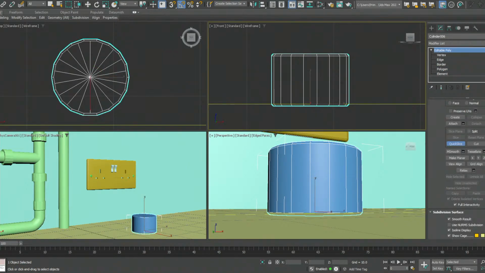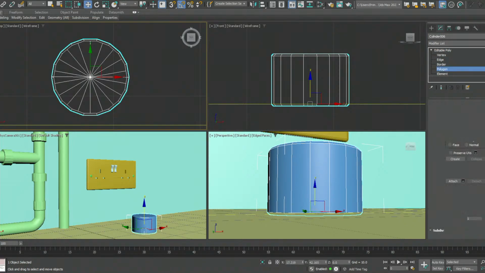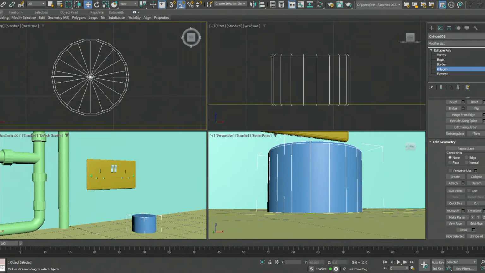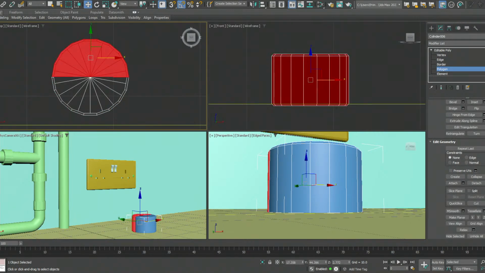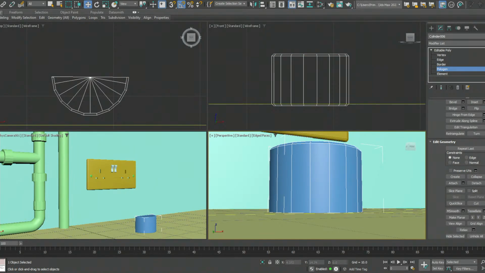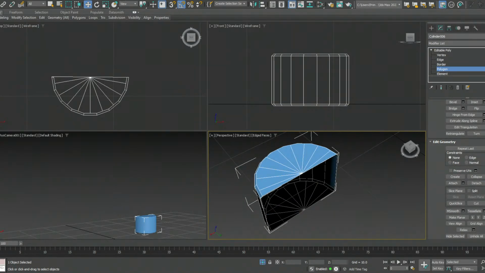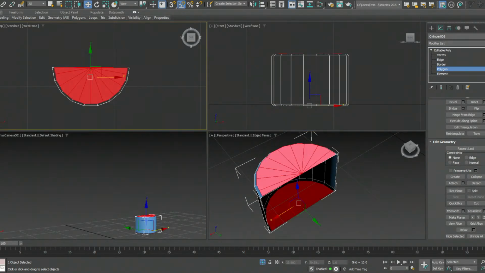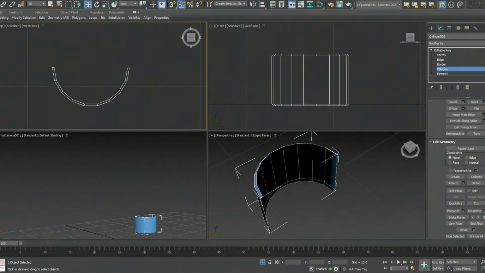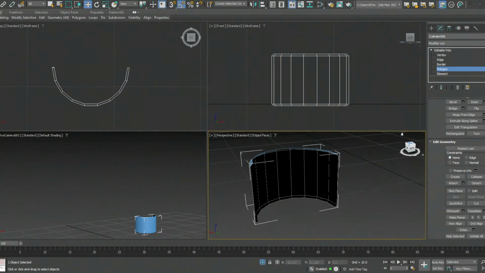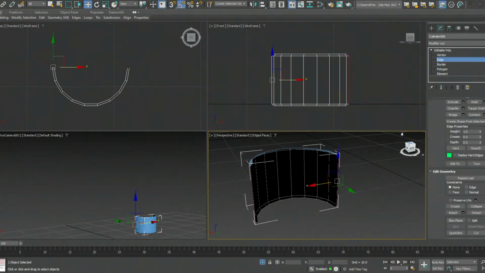Okay, so you have a quick slice, it deselects, puts a line right there in the middle, it cuts through the whole thing. Select one whole half, delete. I'm going to right click and isolate for now, and I don't think I actually need this also, so I'm going to do this. And I'm going to take all this edge,